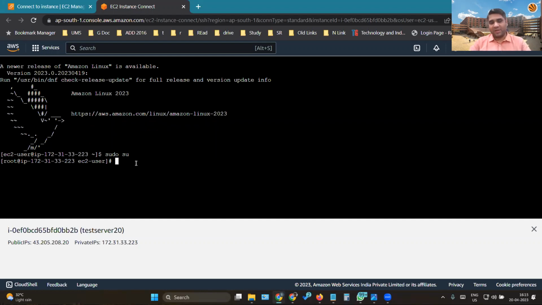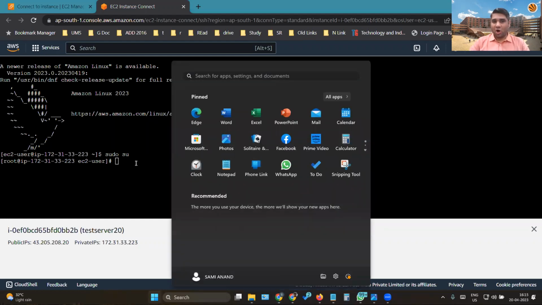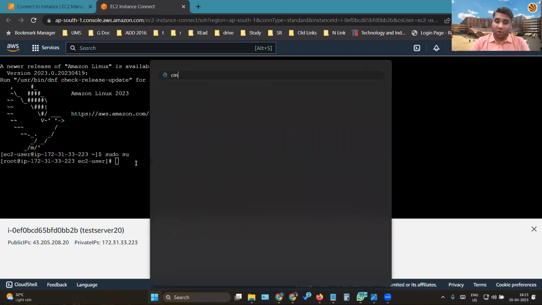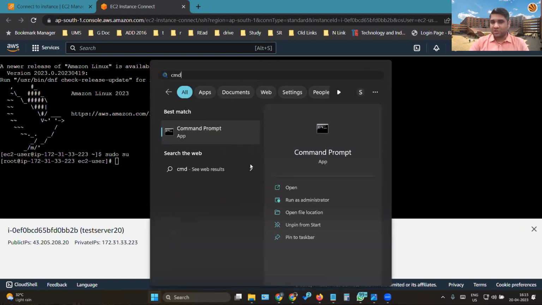A simple example of this: you can look at your command prompt or any application. In new Windows 11, you can see it has an option as run as administrator and normal open. When you open it normally, a lot of administration privileges are blocked. So you cannot run certain commands, you cannot change certain system settings. But when you run as administrator, it will ask for access. Do you really want to run as administrator? You will be given access to edit a lot of files, which are system files, and that might corrupt your system as well. So it gives you an option to open normally and run as an administrator.